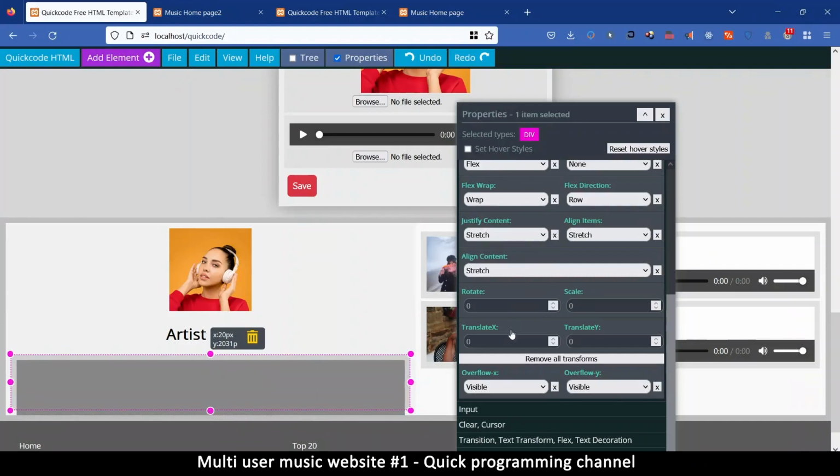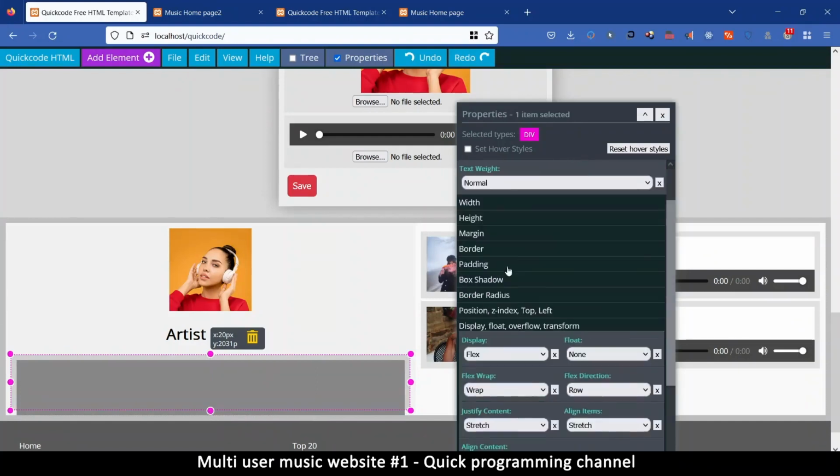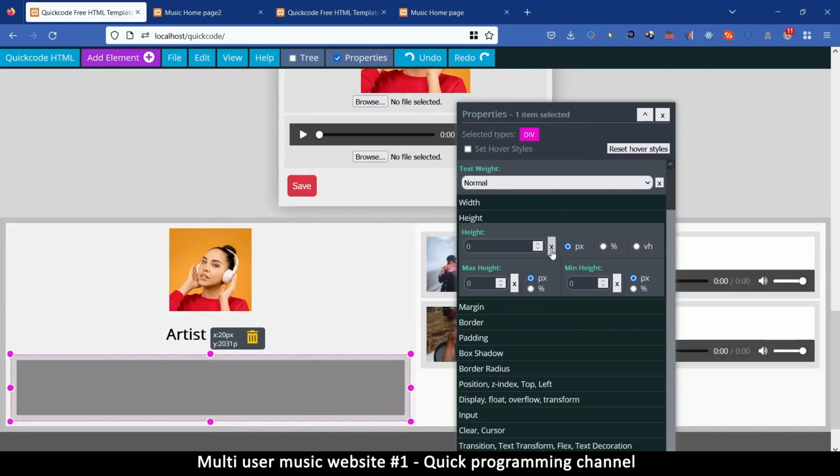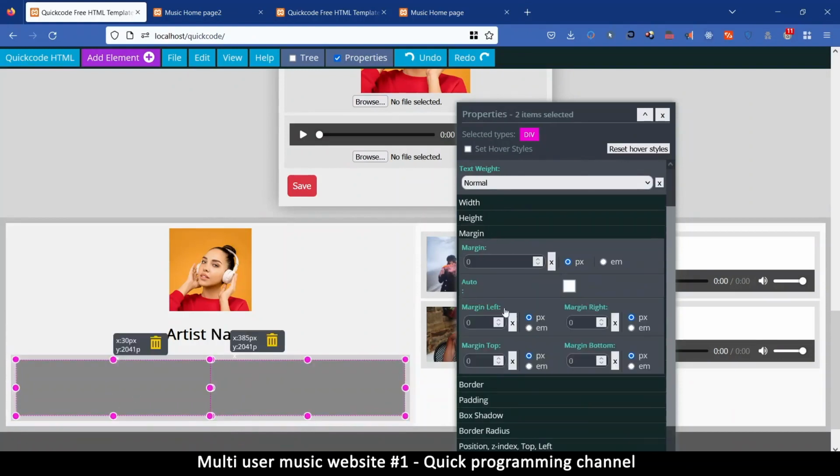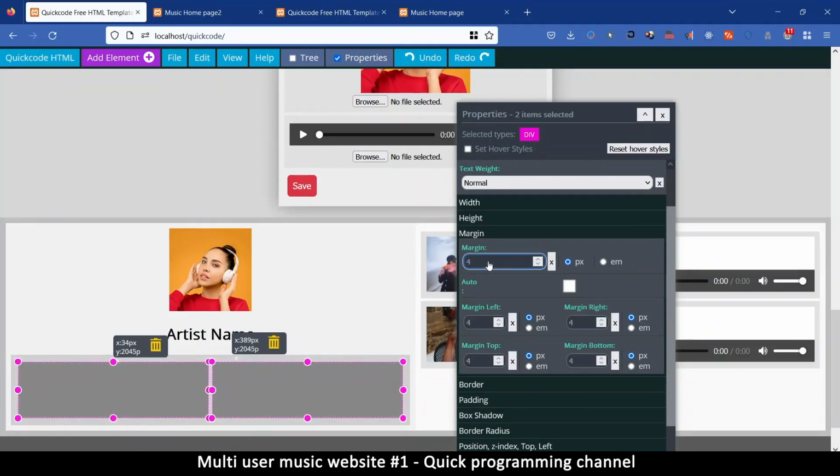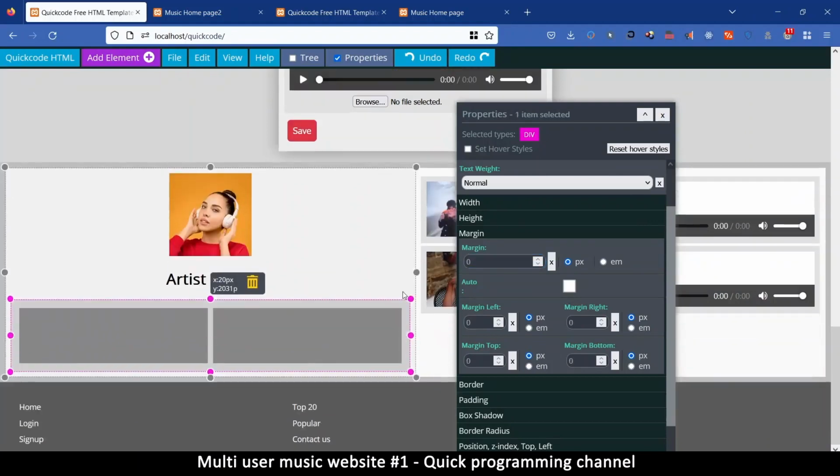And let me remove the height actually. Let's go to height, remove that. Select these two, try to add some margin. Let's see if that works well. Yeah, maybe 5 pixels of margin. Good. So they are separate like this, but I want to put